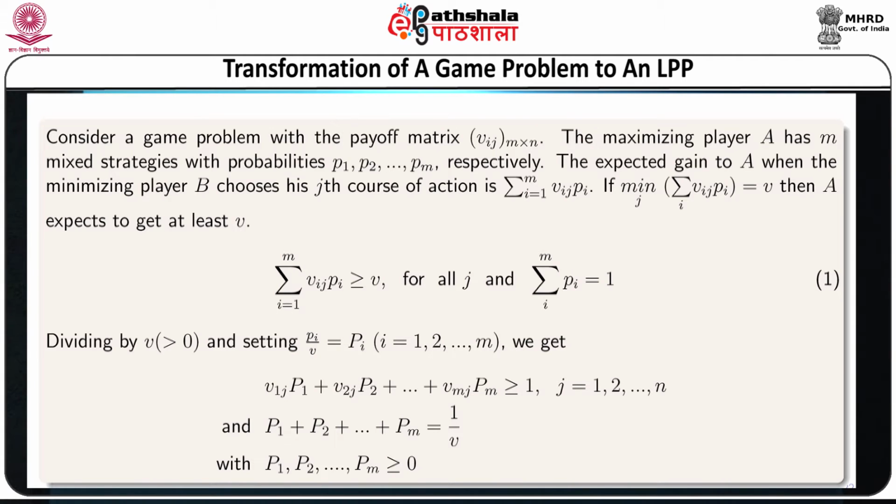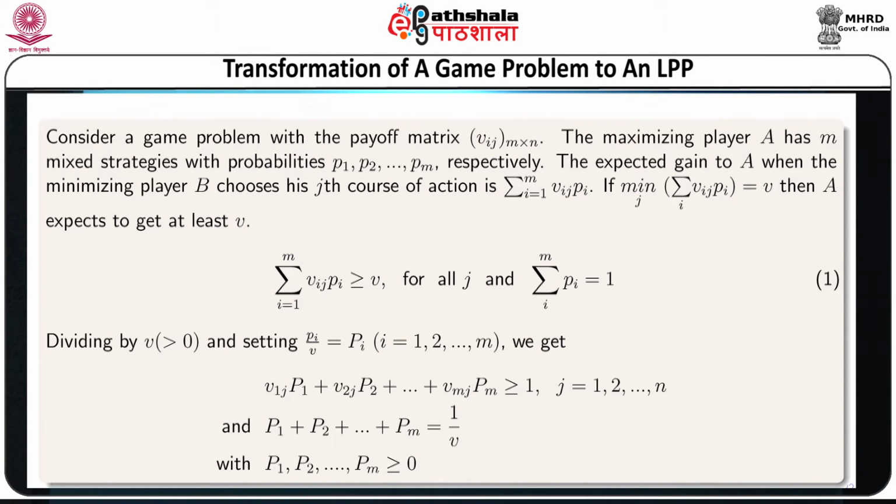We consider here a game problem with the payoff matrix Vij of size m by n. The maximizing player A has m mixed strategies with probabilities P1, P2 up to Pm. The expected gain to A when minimizing player B chooses his jth course of action is obviously the sum of Vij Pi, where i varies from 1 up to m,